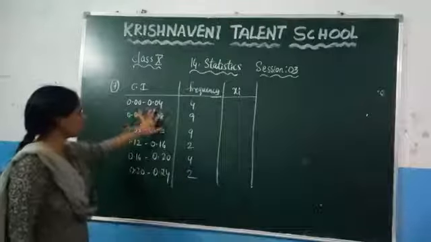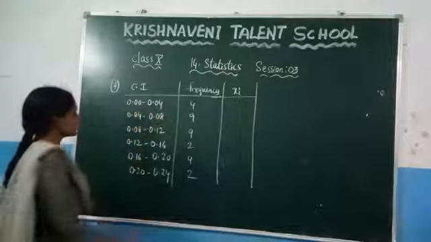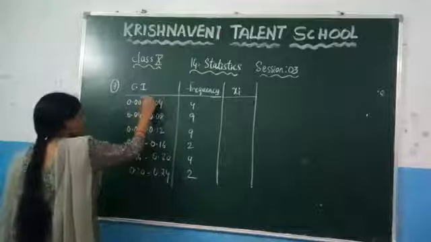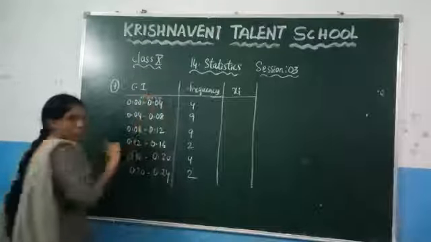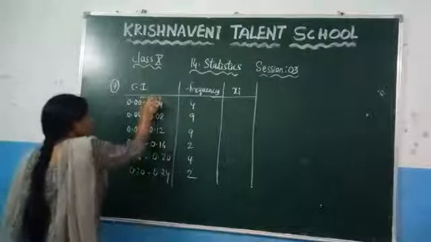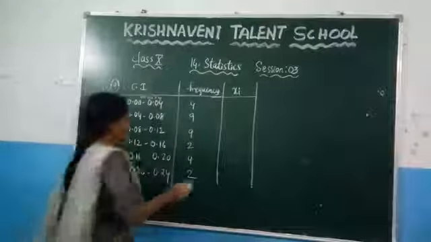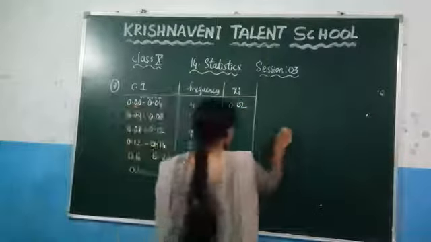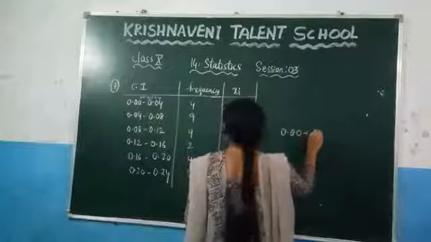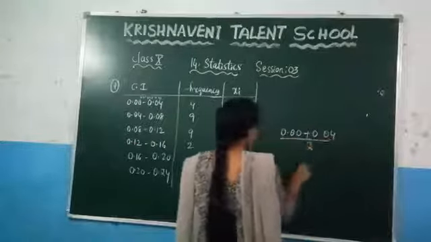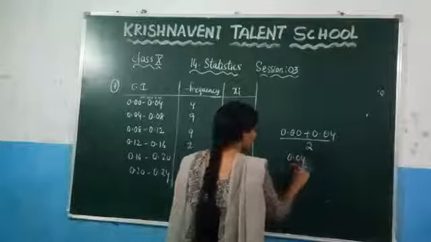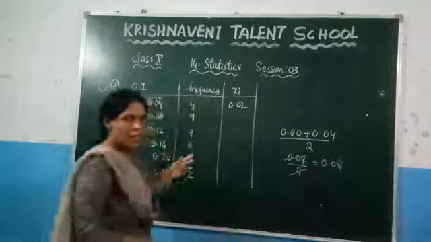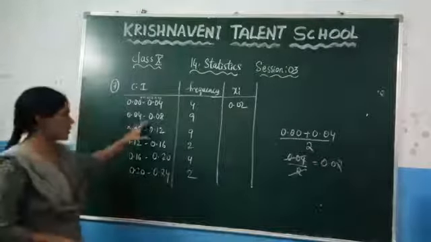Here you can observe what the middle term is. After 0.00 you will get 0.01, then 0.02, and after that 0.03. What is the middle term here? You can observe that 0.02 is the middle term. So directly you can write 0.02, or otherwise by using the formula, how do you calculate? 0.00 plus 0.04 by 2, which gives 0.04 by 2, and it will get cancelled to give you 0.02. Like that you can calculate, or otherwise you can write the middle term.